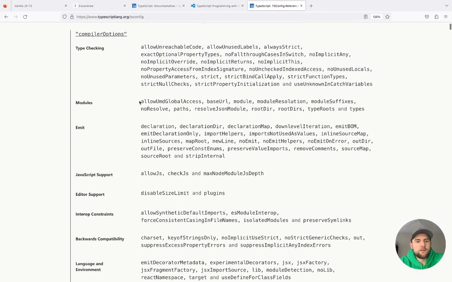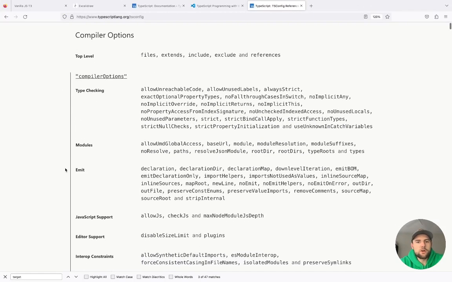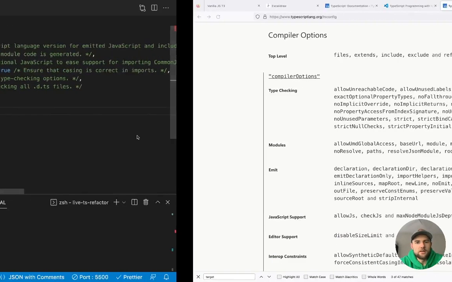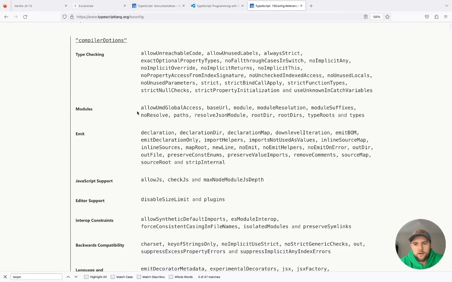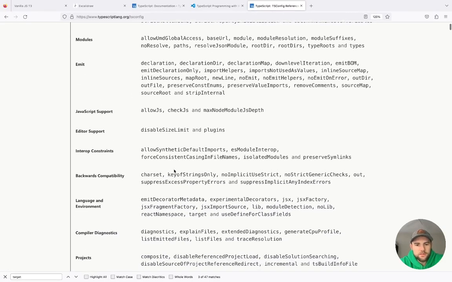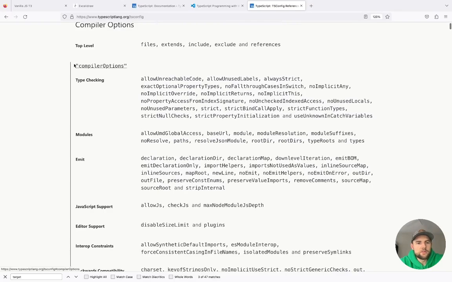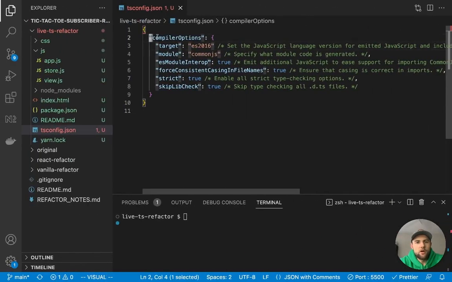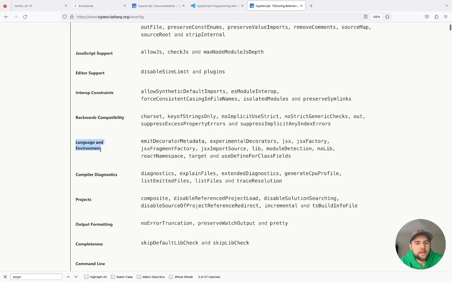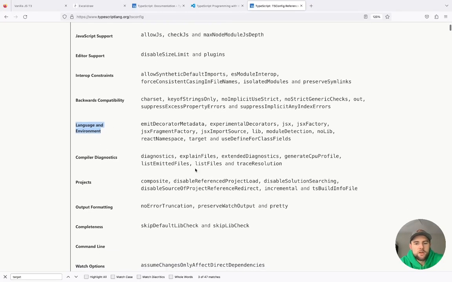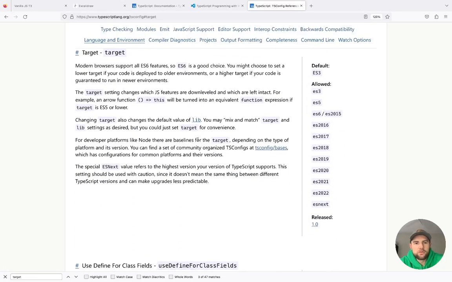We'll go to the reference guide here. We'll start with the first one, which is the target. Now, I believe this is going to be in the, let's see, where is this? Just to orient ourselves, this is the compilerOptions field. If you'll notice, all of this is defined in compilerOptions. And here in the language and environment section, you'll find target right here. Let's click on that. It'll scroll down.